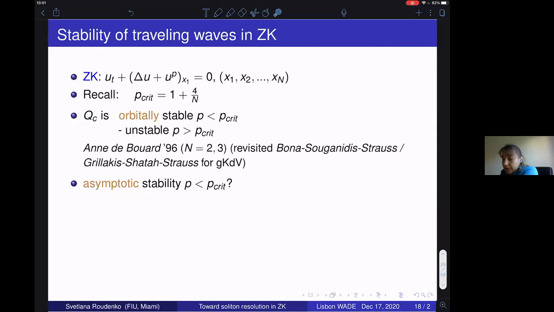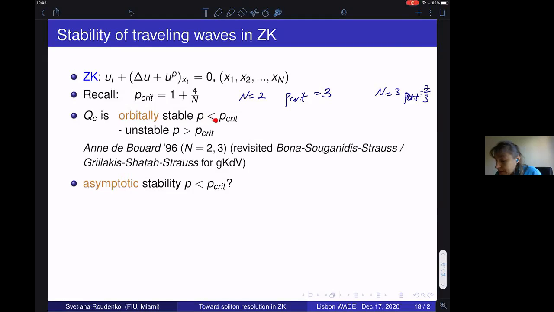Okay, so let's look at the stability of the traveling waves. Obviously, we can see that in the case where we have a blow up, probably that generates the instability, but in general for different p. I'll recall that p critical here is 1 plus 4 over n, right? So in dimension 2, we have p critical to be 3. And in dimension 3, p critical will be something like 7/3, which is greater than 2. So the situation is very similar.